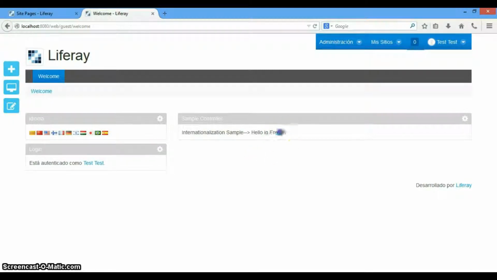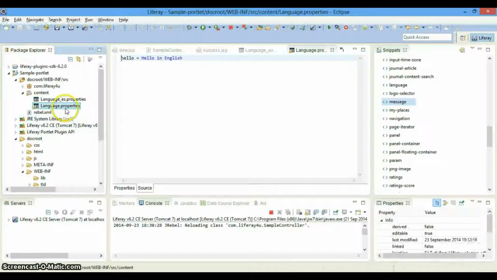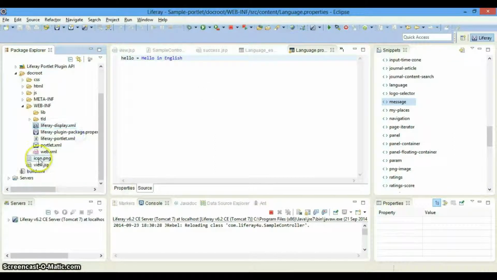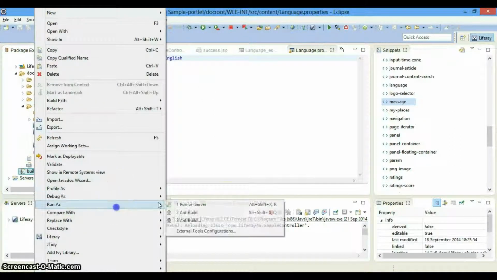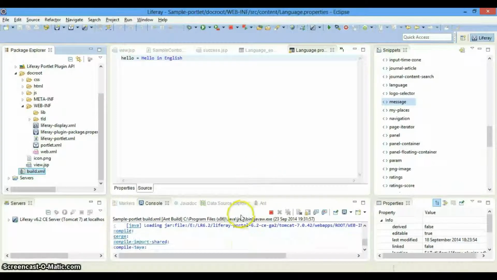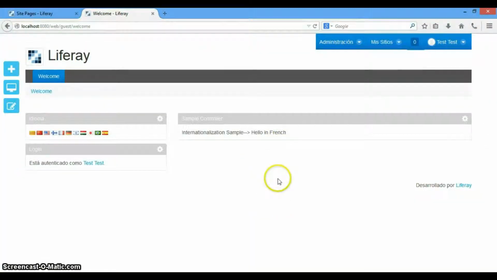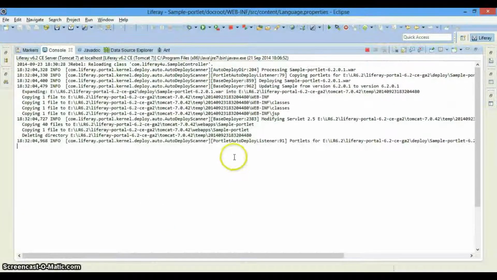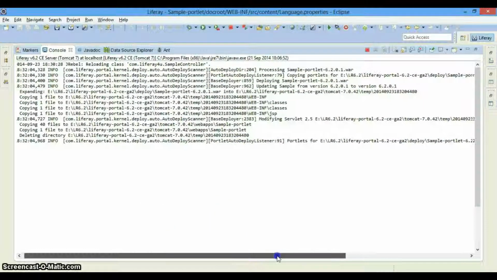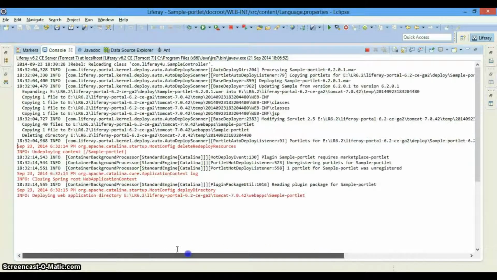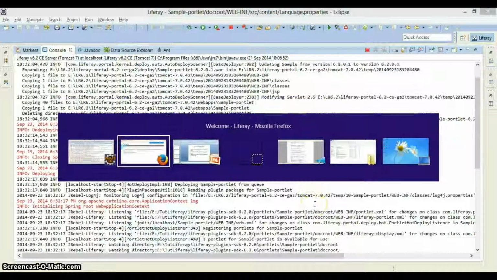It is coming English and French, strange. So let us just rebuild this stuff over here. Maybe it is putting up this thing from cache. It is bringing out what I have just tested, so maybe it is just bringing out that. So let us just wait. The deployment is going to start in a few seconds. Okay, it has been deployed.